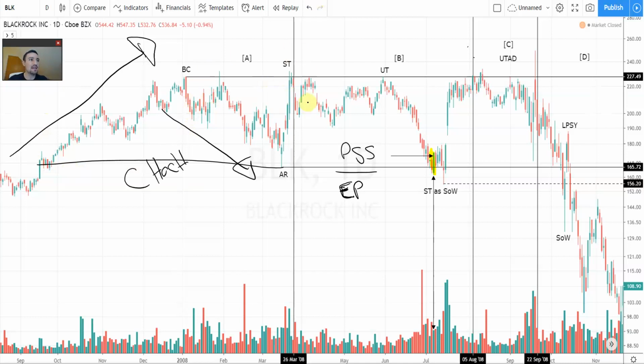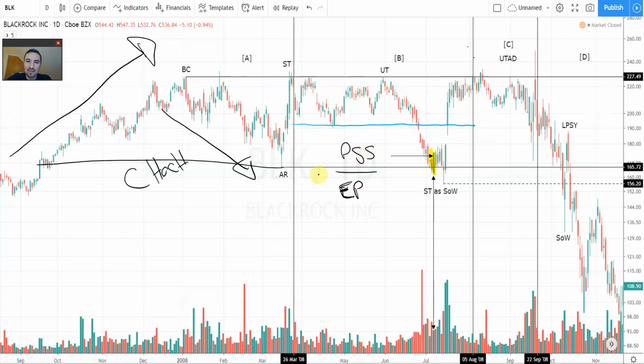What we can see here is a move into the secondary test, and then we move into the upthrust action in phase B. And do just note the price strength in phase B. So what I'm going to do is just do it with, let's go for blue. One of the common characteristics of an accumulation or reaccumulation structure is how long price spends in the upper half. Remember, phase B